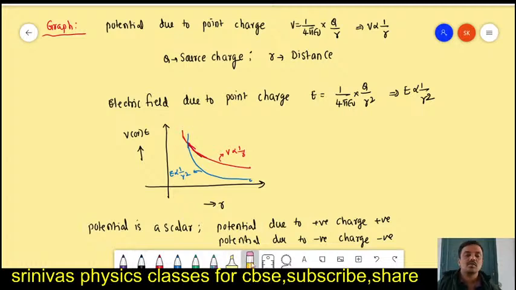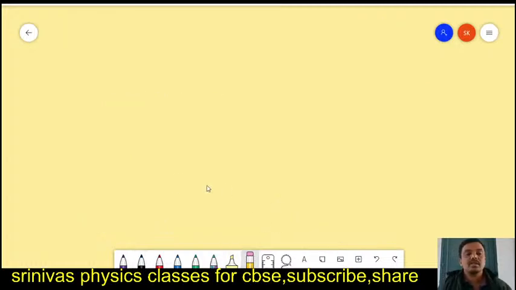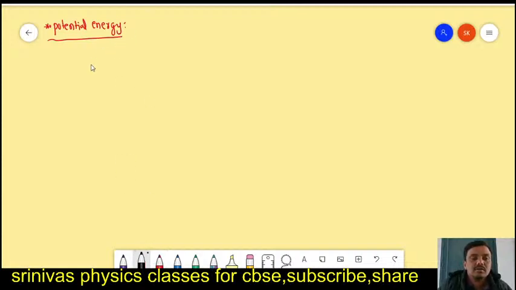Okay, let's go for the next topic. Next topic is the potential energy. What is potential energy? Okay, potential due to a dipole also we can find out. Okay, potential energy we will go. In the sample paper, this question is there. What is potential energy? The definition is similar to that one. Potential energy means it is the